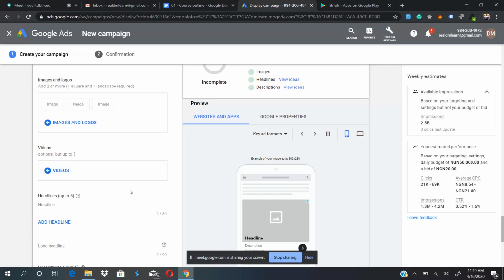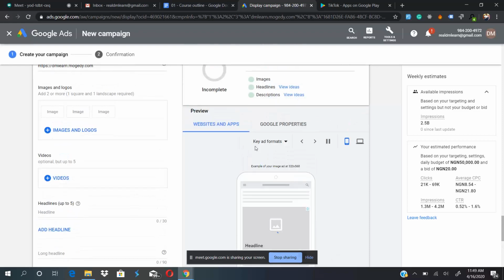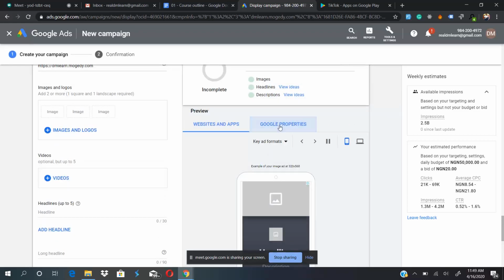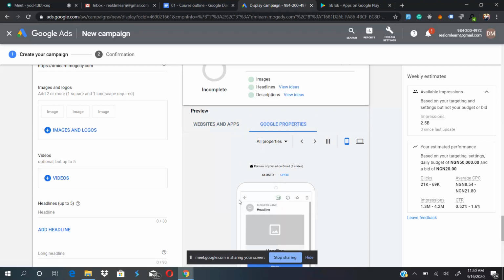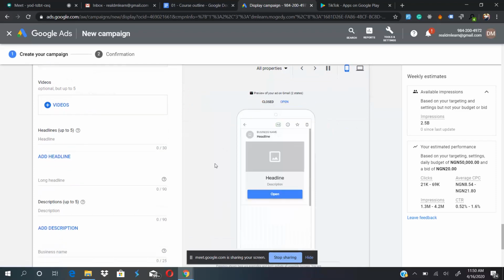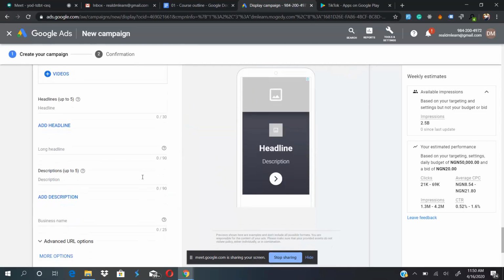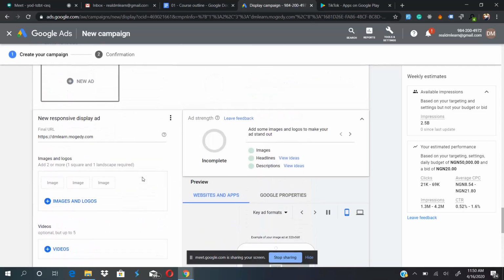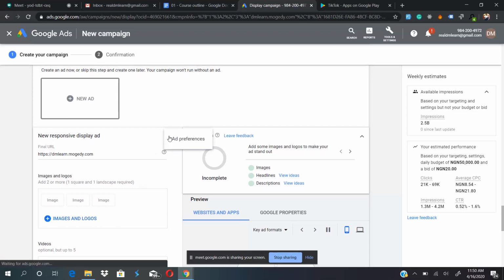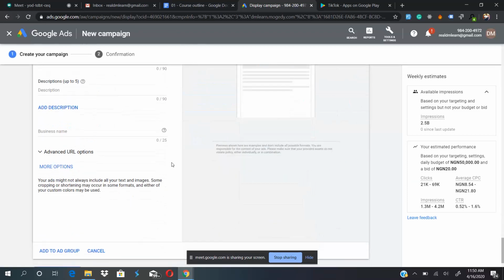So when you fill in all these, Google will now use all that to set up. And then let's see what they have in Google Properties. As you're adding all of them, you'll be seeing the preview here, what it looks like. So I want to cancel this now. Add preferences now. This, cancel,